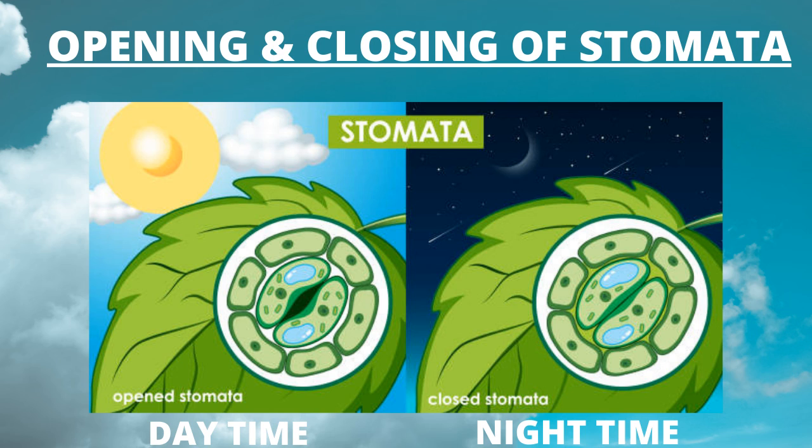But in some plants, usually the plants that grow in dry conditions, especially the desert plants, the stomata remain open during the nighttime and close during the daytime. This is to save water, as these plants live in an area with dry conditions, and if the stomata remain open during the daytime, there are more chances to lose a large amount of water. So in order to save water, the stomata remain closed during the daytime in such plants.